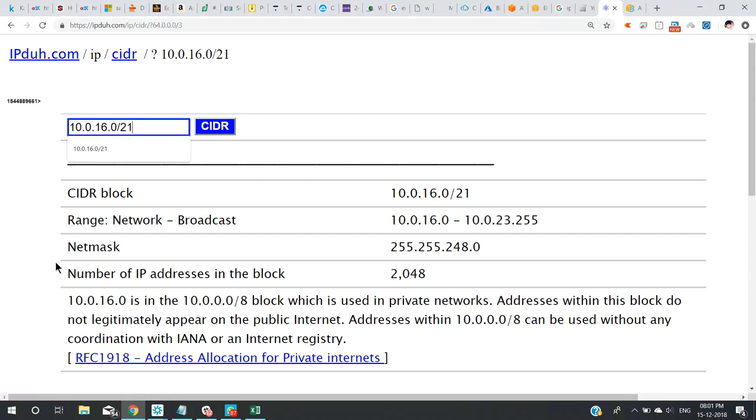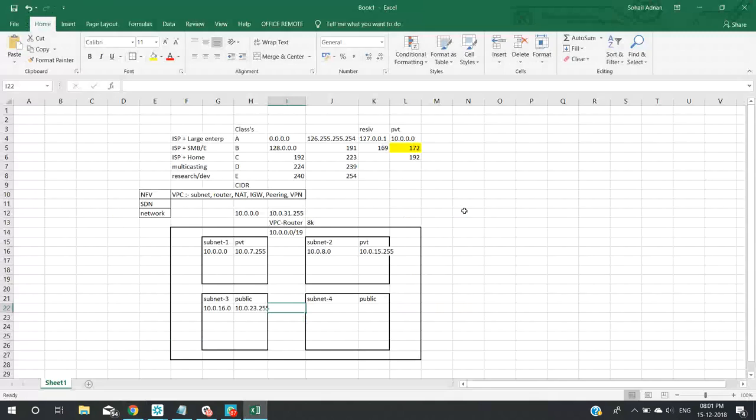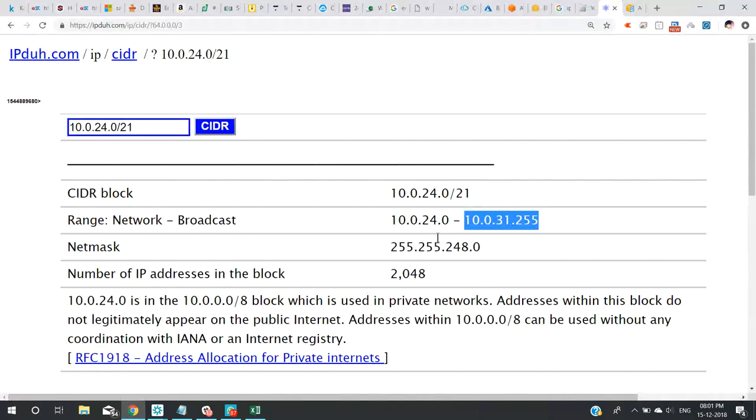23.255, right? Correct. Now if I say 24, if you see 31.255, and this 31.255 is matching with the 31.255 here, that means I have properly proportionately calculated into 4 blocks, and I'm not exceeding the blocks in my calculation here, right? So 24.0,